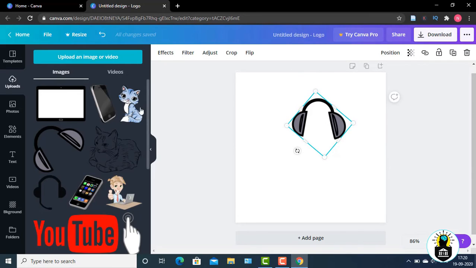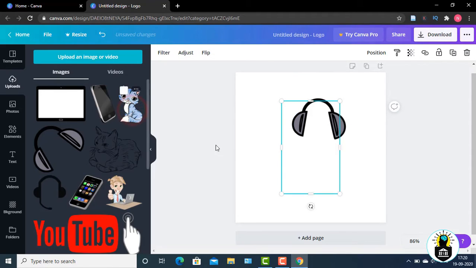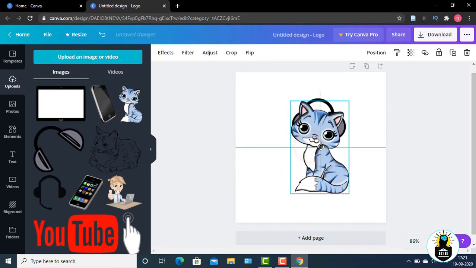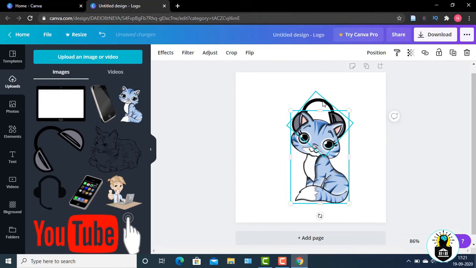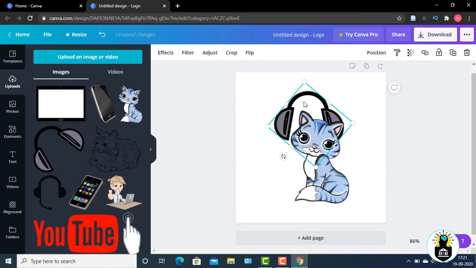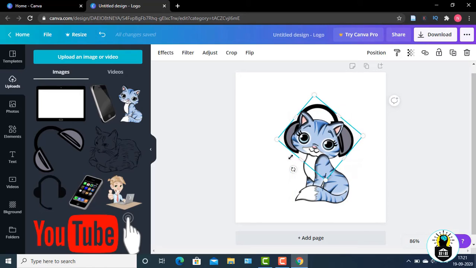Now, I again go to Uploads and click on the cat image. Then, I am going to adjust the cat and headphones in such a way that it looks as if the cat is wearing headphones. Yes, it's almost done.